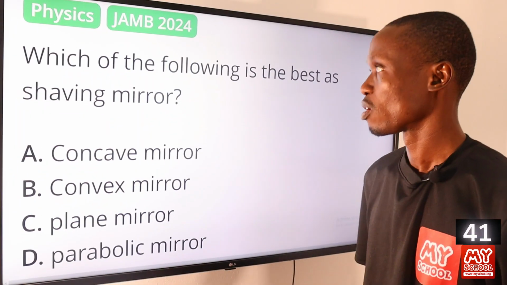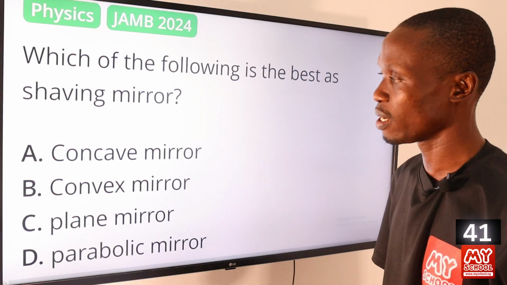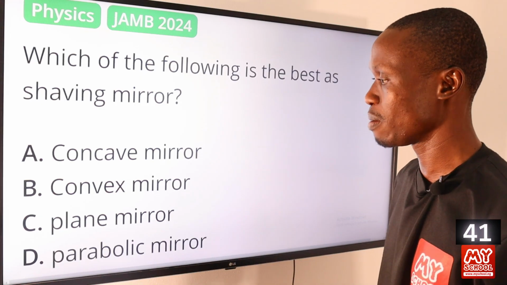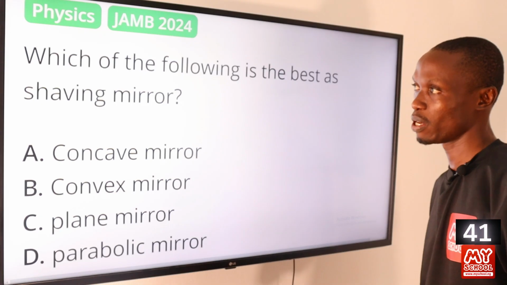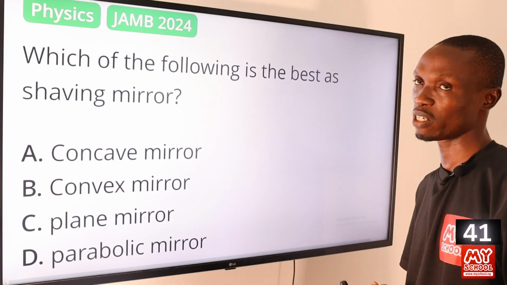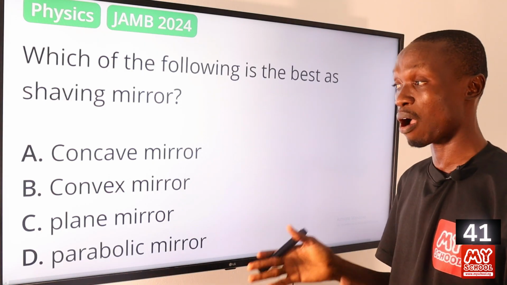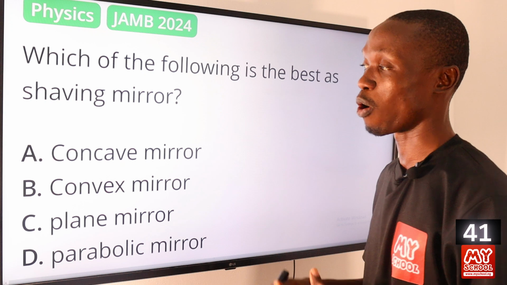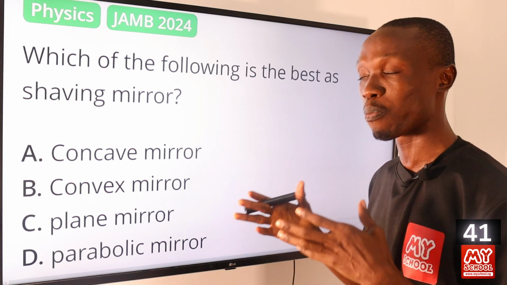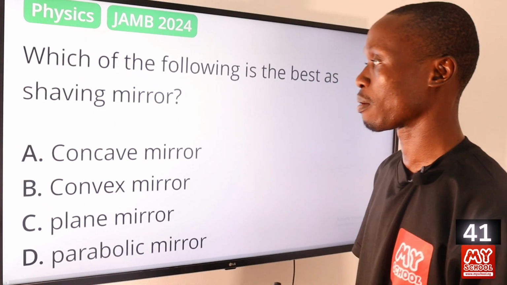Question 41. Which of the following is the best as shaving mirror? A, concave mirror; B, convex mirror; C, plane mirror; D, parabolic mirror. The answer to this question is option A, concave mirror. The reason is because a concave mirror can produce a magnified image, allowing for a closer view of the face. Apart from that, concave mirrors too can focus light to a point,